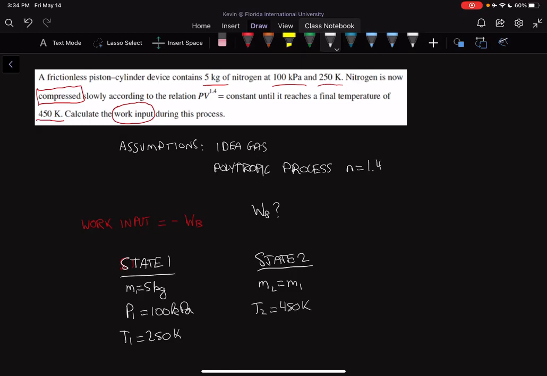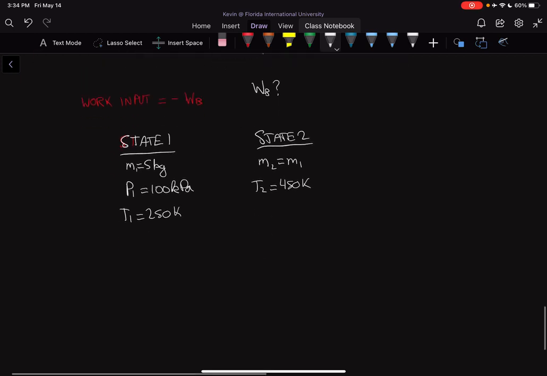So essentially we're trying to find the work boundary between 1 and 2 using our polytropic equation. We know that P1V1 to the 1.4 is equal to P2V2